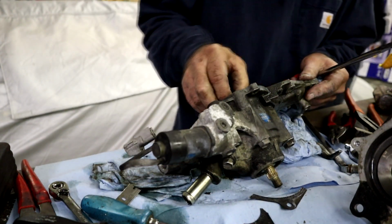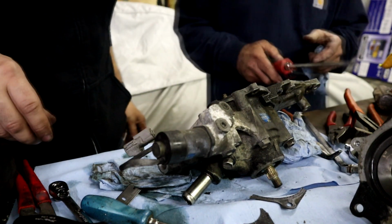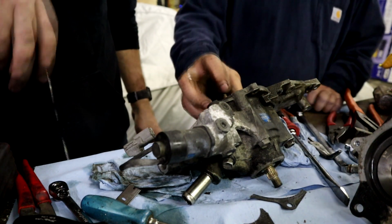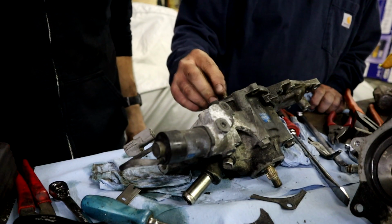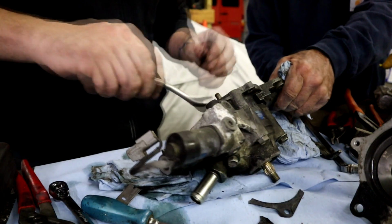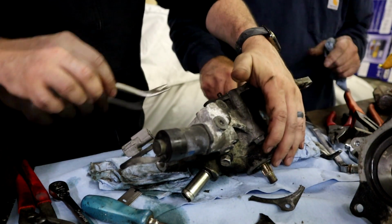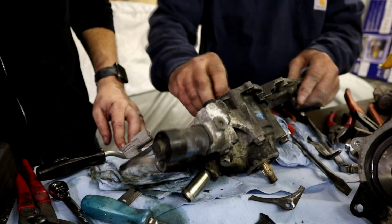So, you know what I have? I have a pulley tool. Yeah, that would probably be the best thing. And hit against it. If we can't get it, let's just try prying. It doesn't just come out. What does the new seal look like? Did you grab it? No, this looks like...